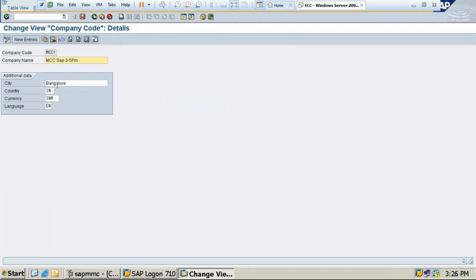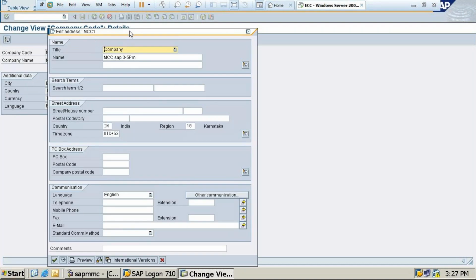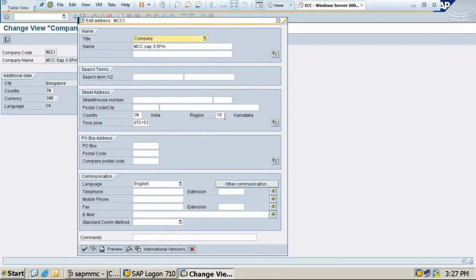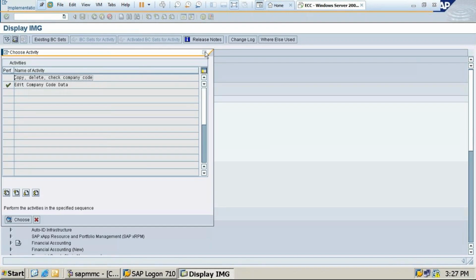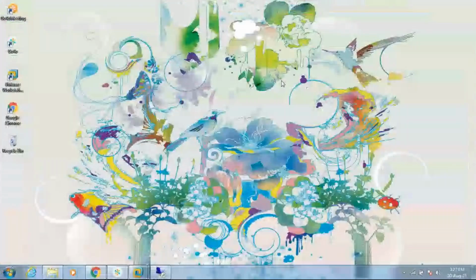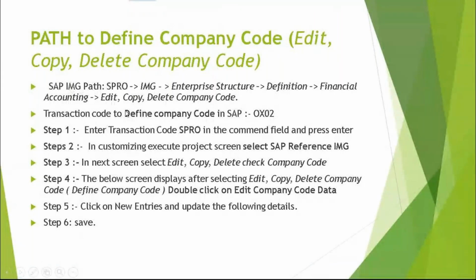And double click on that code. It will open. So here if you want to edit the address, this one, this mail, it is nothing but like a letter, white color address. If you click on that, it will show you title, name, country, and region is very important. Apart from that, any further information you can give, postal code, house address, everything. So title always we take as company. Then you need to green tick and one save button. So it will save the file. Okay. So write down this path and T code. Once you have written, please let me know.